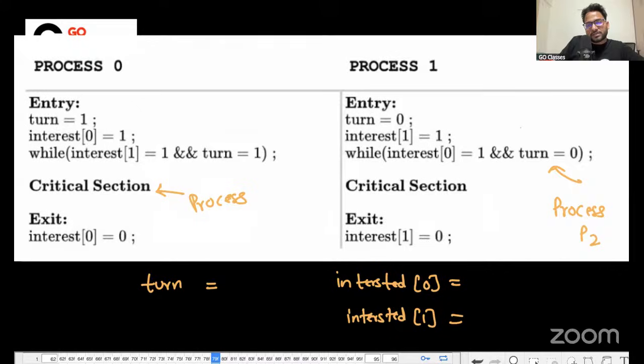So if you are stuck here, turn must be 0, right? Interested of 0, if you're stuck here, must be 1. And since you are here, interested of 1 will also be 1, because interested of 1 is only set by this. So it must be 1. So this is the current condition, right? And this process is here. Now if it is going out, interested of 0 it is setting to be 0. Now let's suppose it is trying to come in, the turn